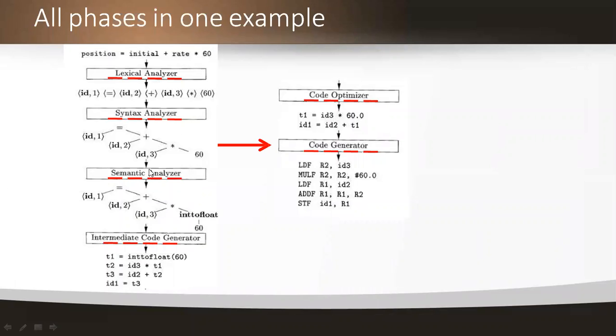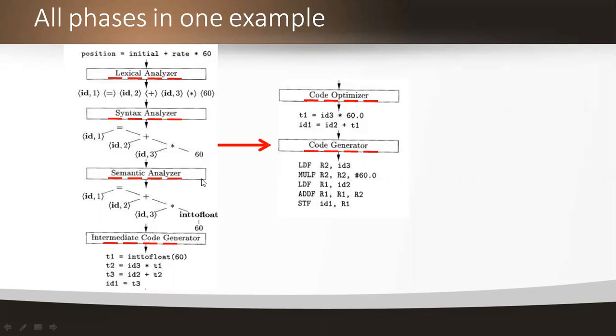And the output of the two phases, syntax and semantic, is the same. Here we are seeing it in the form of a parse tree, and here also we are generating the output in the form of a parse tree. Then what is the difference between these two? There we were just taking the input from the lexical analyzer and generating a tree structure, and we need not bother about anything. But here we need to bother about knowing the meaning of each and every token, that is, whether the source string has the correct meaning or not. So we check each individual identifier to see that everything has the correct meaning.